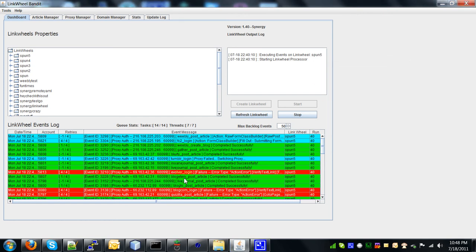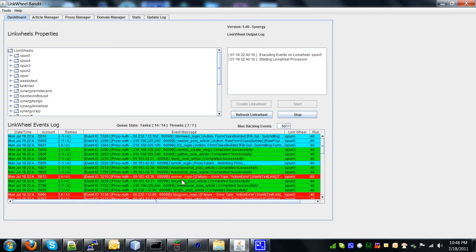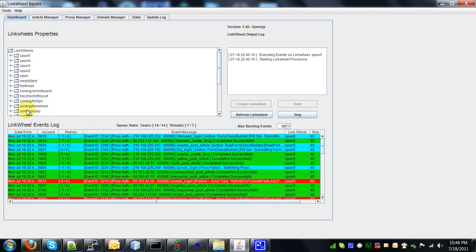Alright guys, so I just wanted to go over real quick exactly what the sleep timer does inside of Link-Wheel Bandit. Basically, when you're running the link wheels, the way Link-Wheel Bandit processes each link wheel is, once you have created a bunch of link wheels, they'll all be lined up here inside the link wheel properties window. And what will happen is when you press the start button, it'll run each one of these link wheels in